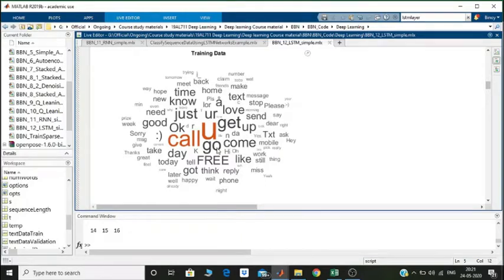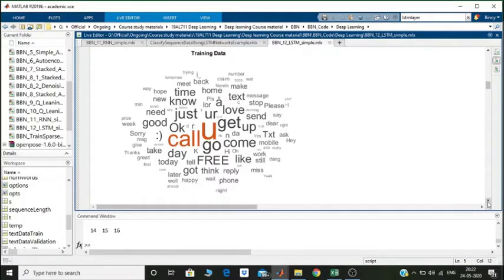You can set the parameters to visualize it the way you want, but visualization is not what we are interested in right now. I'm just trying to show you that words like call, you, get, go, come are the ones which are most frequent in the training dataset. You can see free, which most likely is going to be a spam kind of thing. These are the words which you will find very commonly used.